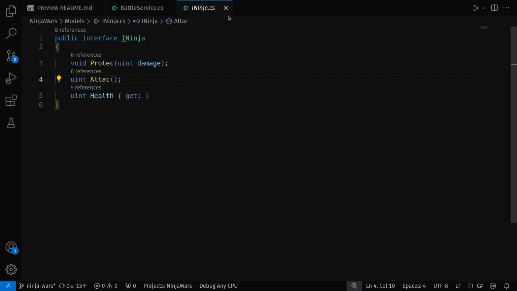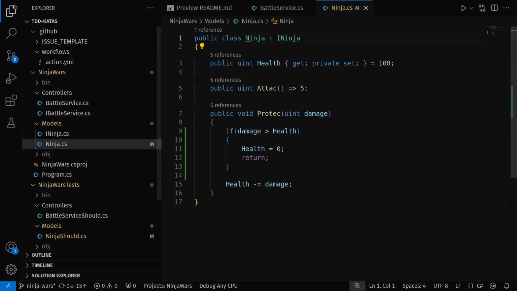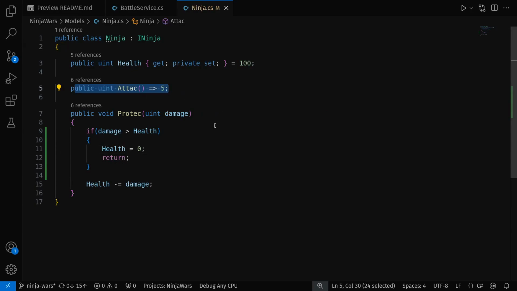Ninja does an attack which returns a constant of 5. A ninja has 100 hit points of health, and when it's protecting itself, if the damage is basically a critical hit, it will set the health to 0 and then get out of there. Otherwise, in normal circumstances, the health will just take some sort of damage delivered by the attack. So we have met the requirement,